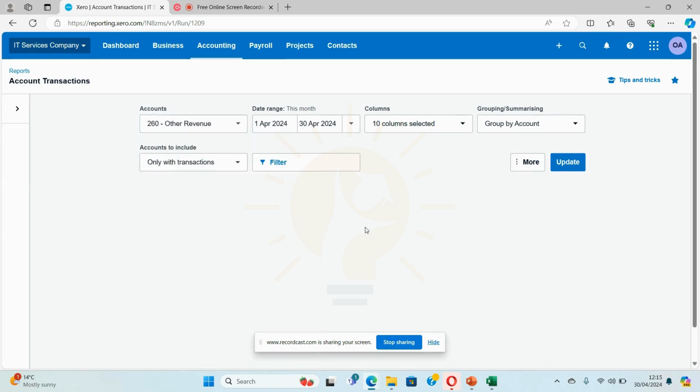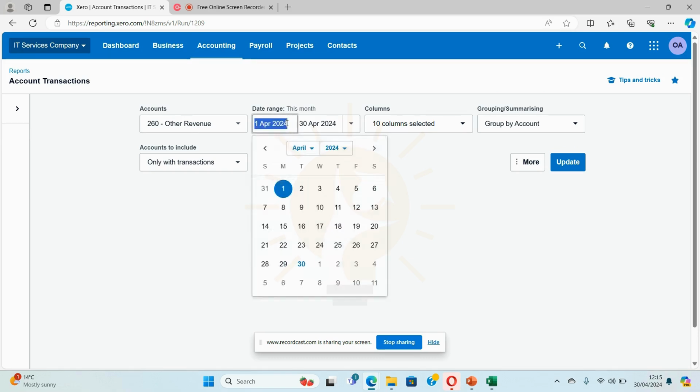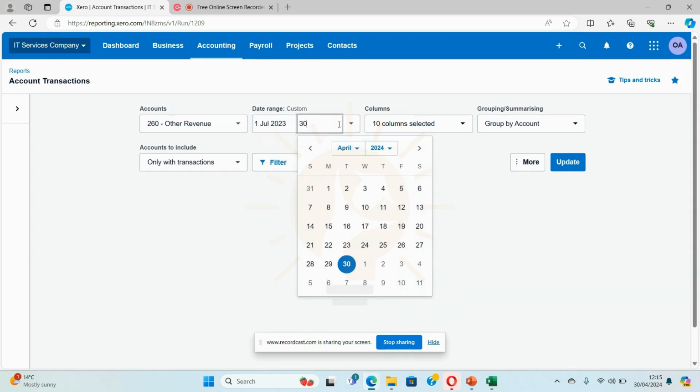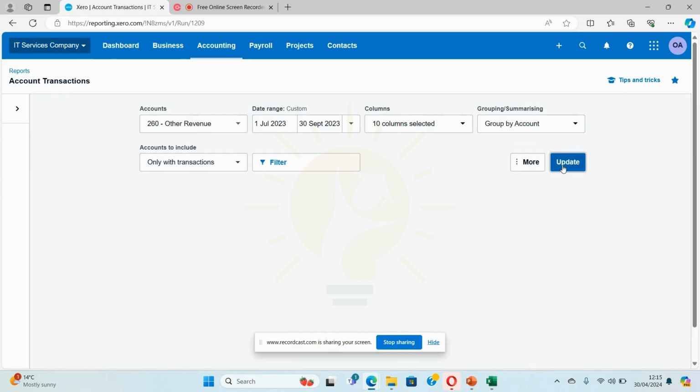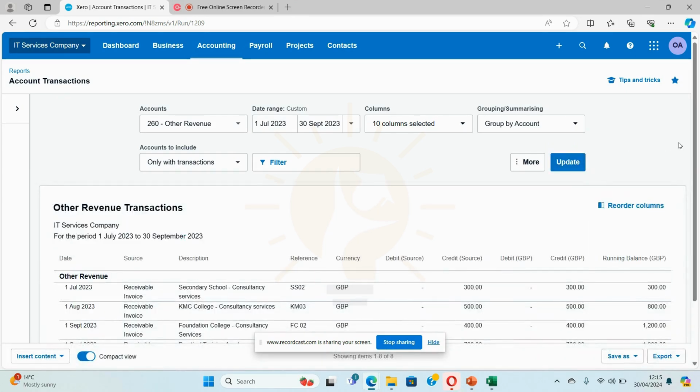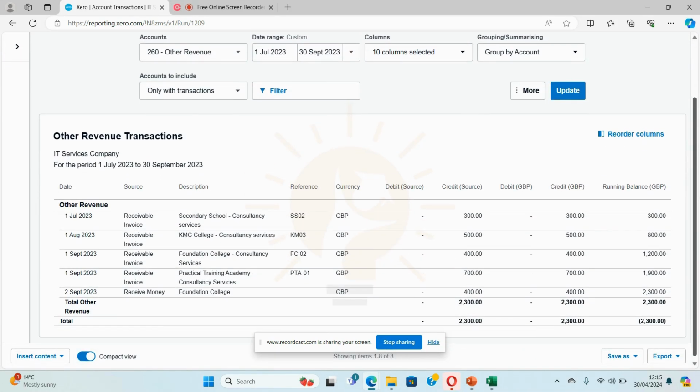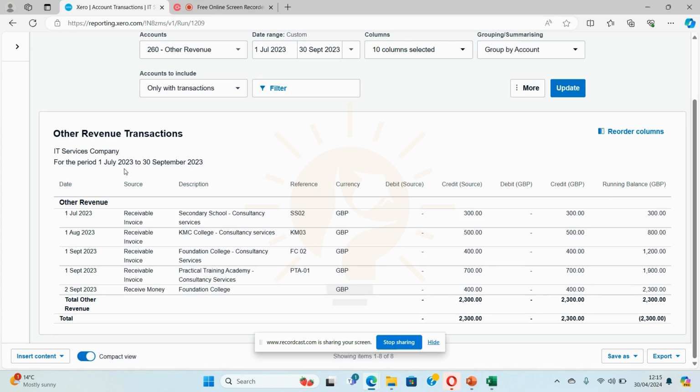So I will click here and for instance I want to review from 1st of July 23 to 30th of September 23. Here I will click update. Okay, so here you can see for the period 1st of July 23 to 30th of September 23, there are